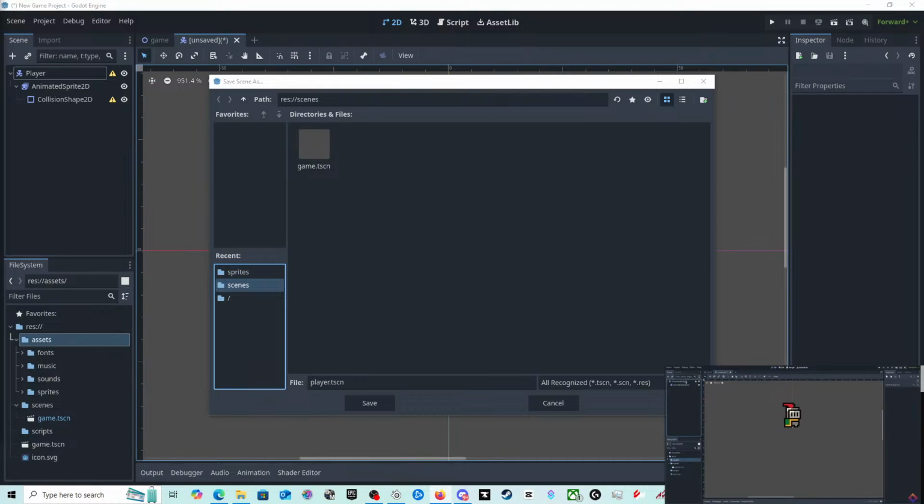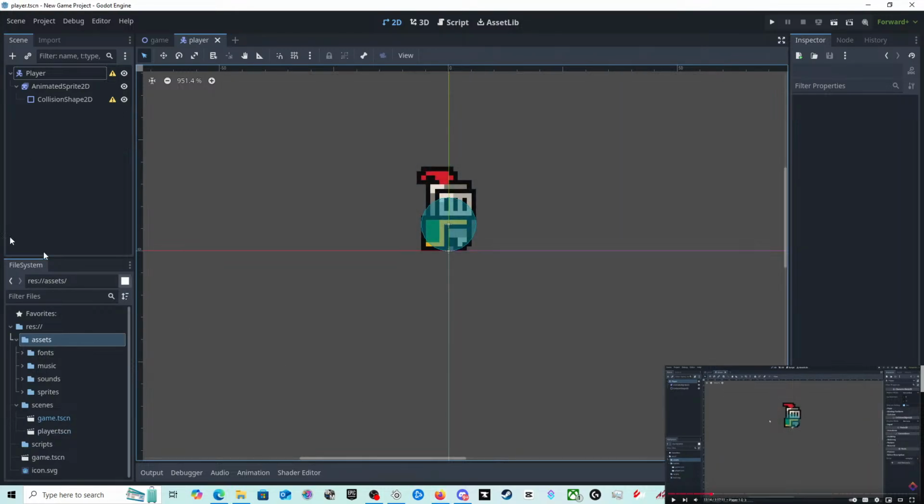And this is because a character body 2D is a physics node. And whenever we're working with physics, we need to define a shape that the physics engine can work with. So let's add a new node. I'm going to press the plus sign here. I'm going to search for collision shape 2D, hit create. And here in the inspector, we can now define a new shape. And let's save the scene, Control S, as player, hit save. Okay, so it did do it all right.